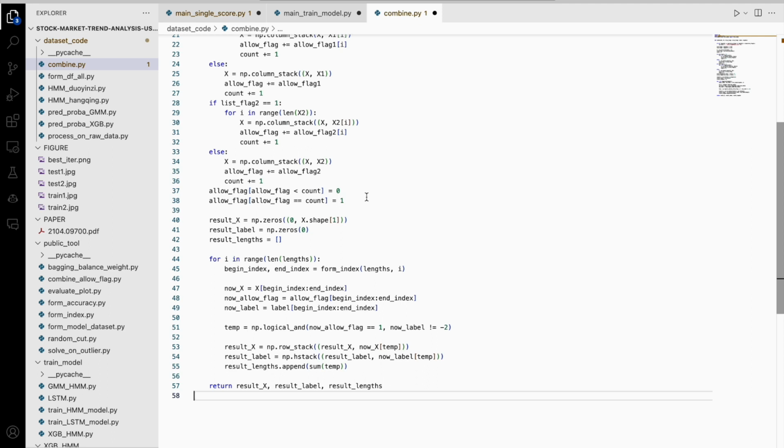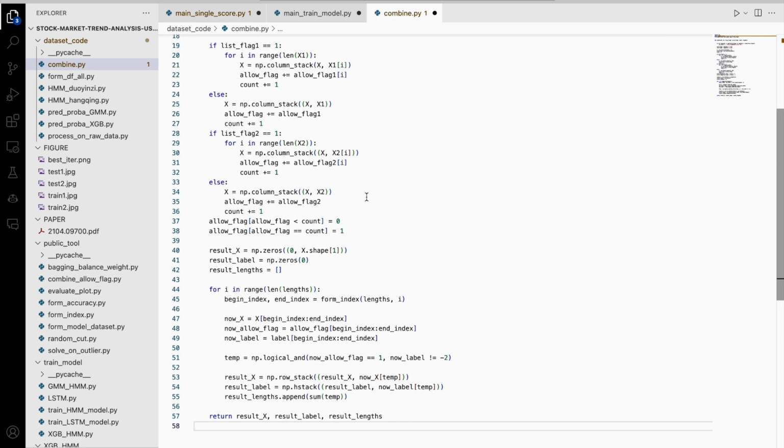of inputs. Next, the function creates an empty matrix, result x, and an array, result label, along with an empty list, result lengths. It then loops through the entries specified by lengths to slice x and allow flag into segments, and uses logical conditions to filter these segments based on the allow flag and label conditions, excluding elements labeled as -2. It combines these filtered segments into result x and result label, respectively, and computes the lengths of these segments